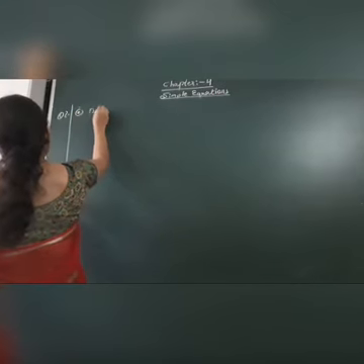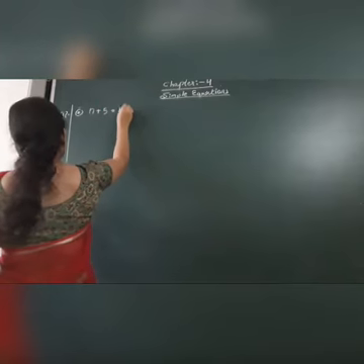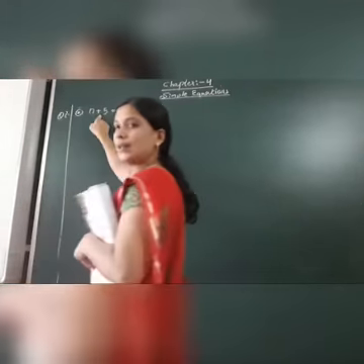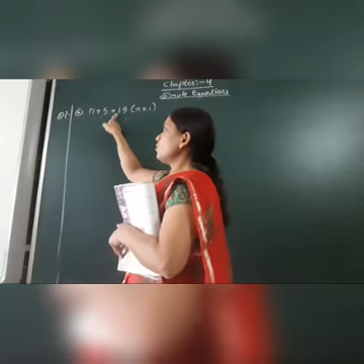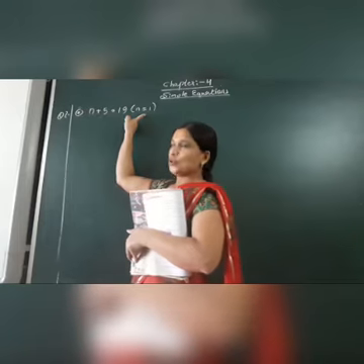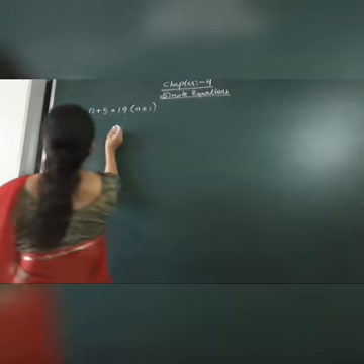So what is given? Let's see. What is given in the A part of the question? n plus 5 is equal to 19, where the value of n is equal to 1. Okay? n plus 5 is equal to 19 is given. In place of n, what do we have to put? 1, we have to substitute. Now look how to substitute and solve.